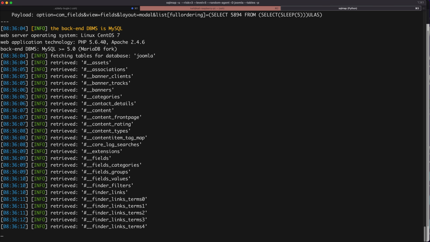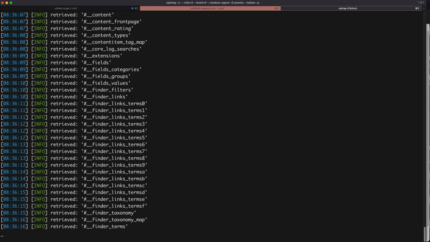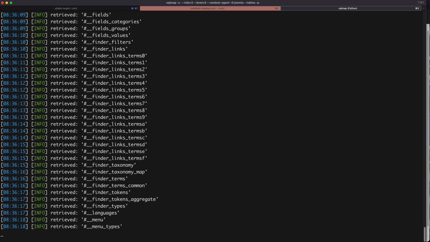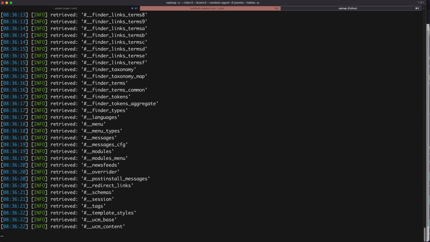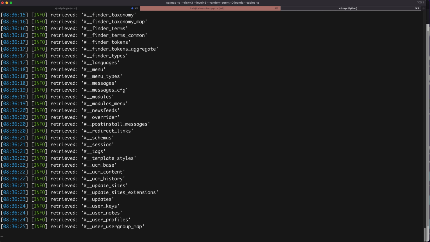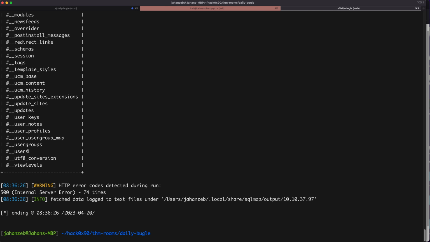ये काफ़ी सारे टेबल्स जो हैं इसको मिल गए हैं. तो we will be mostly interested in the users table. So let's see कि इसको users table मिलता है कि नहीं. सो यहाँ पे इसने हमें जो है समरी दे दी है टेबल्स की. तो now it has this users table. So we will copy the name of the users table,